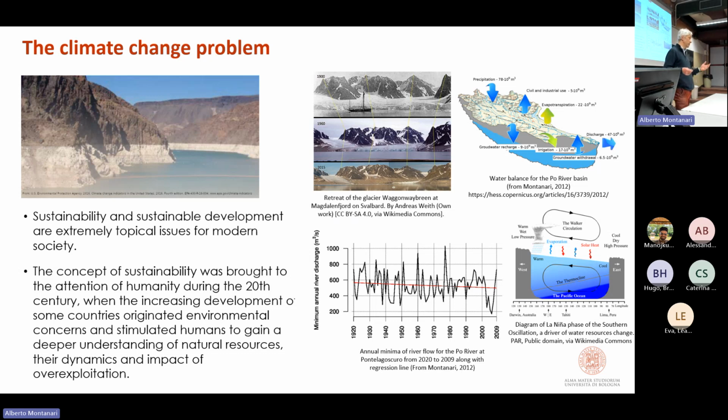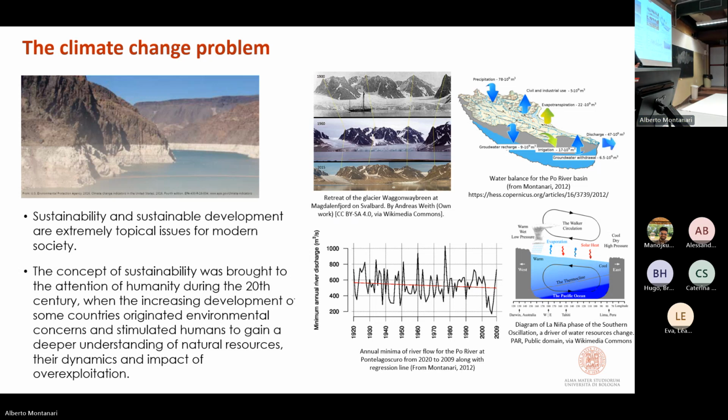But with the increase of welfare, the increase of cities, the urban expansion, of course, water became a concern. And then already in the 1970s, people got concerned about sustainability. Sustainability means, according to a definition that was proposed precisely around 1970, the fact that we can reassure future generations that they will have the same opportunities in terms of exploitation of natural resources as what we have now.